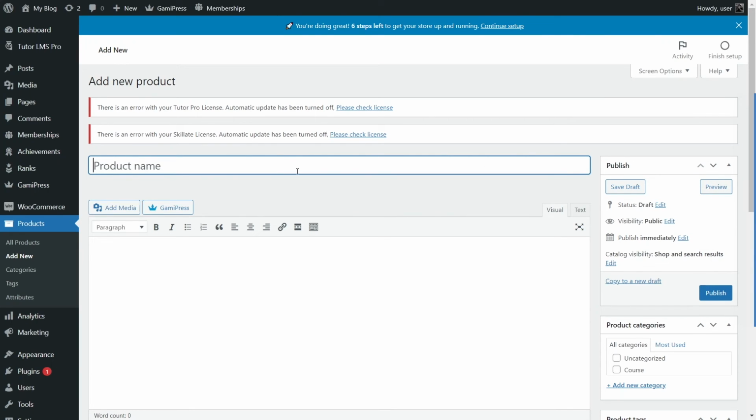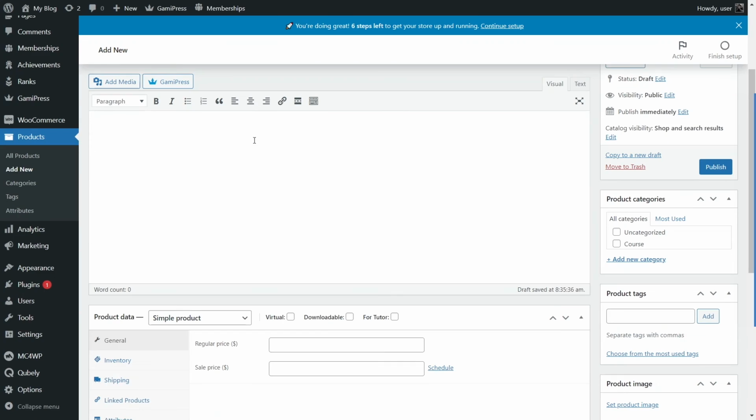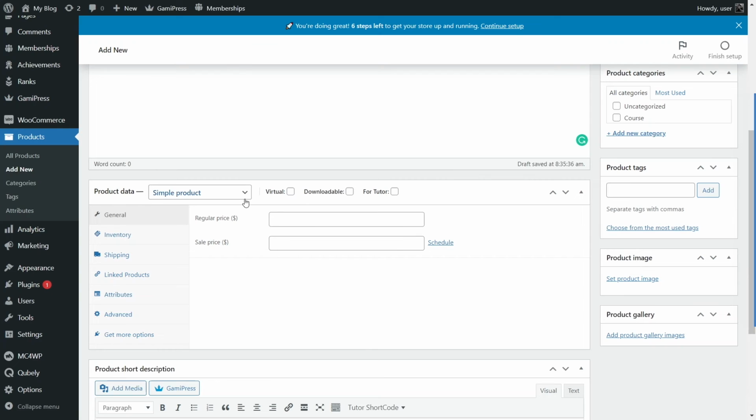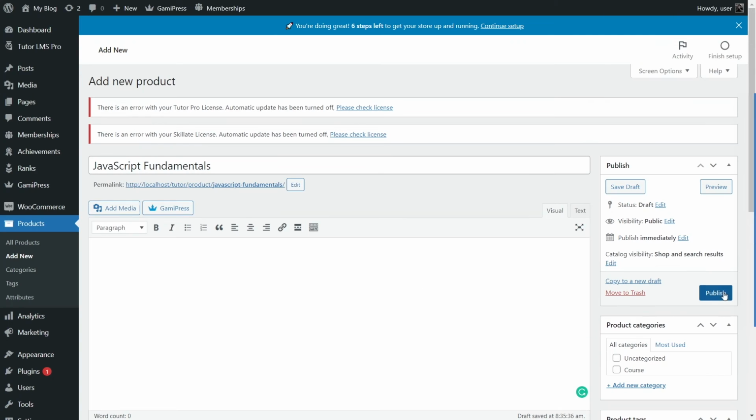Now you can see that this is another product page. So we will type the name of our product. So this is the JavaScript fundamentals. You can write a description here if you want, but that is not important. What is important is this section, the product data. So here we will check for tutor, and here we will write the regular price of the product. Say the product is $100 normally, but you're giving them a discount, and the product is now available at $80.00. Okay, now our product is ready. Click on publish button